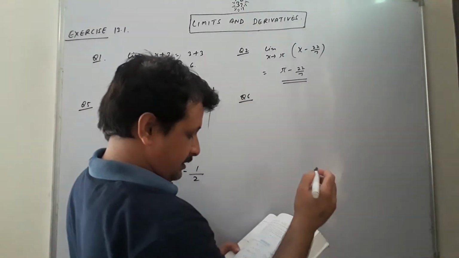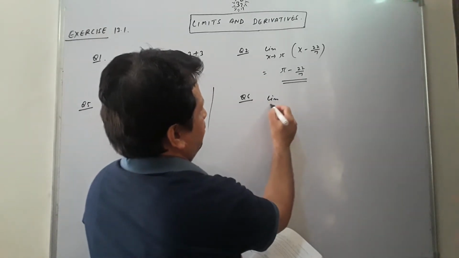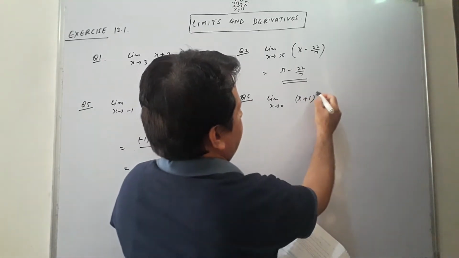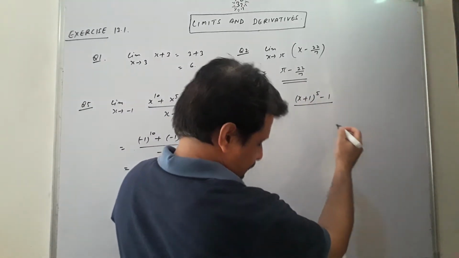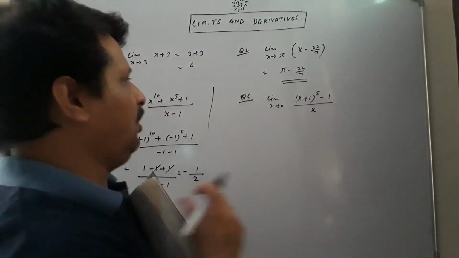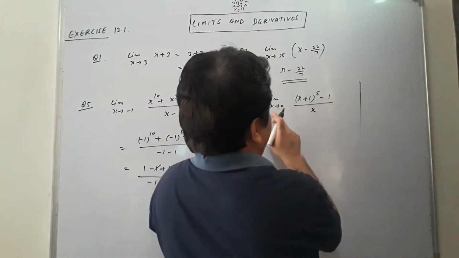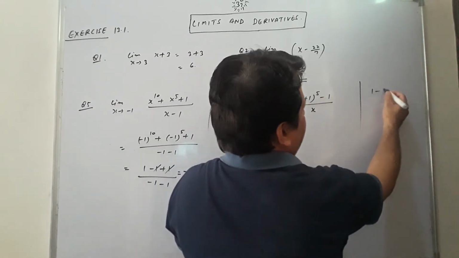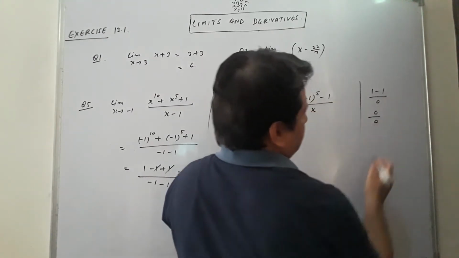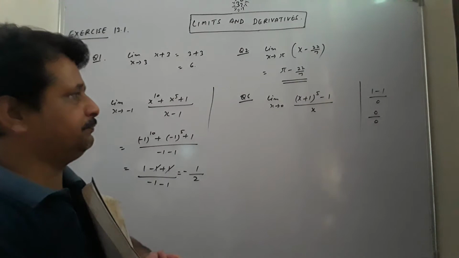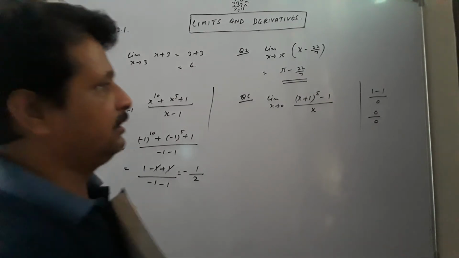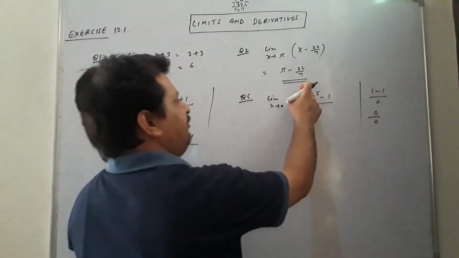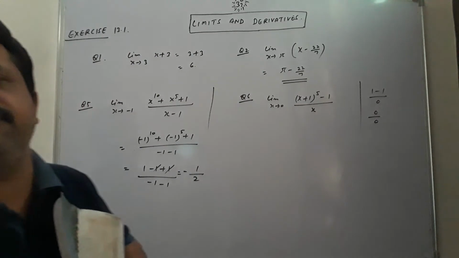Here is question number 6, limit x tends to 0, x plus 1 to the power 5 minus 1 over x, students. Now the notable point is, if I put x as 0 here, it will come as 1 to the power 5, that is 1 minus 1 over 0, means this is in the form 0 by 0. I have told you earlier, this is indeterminate form. When this type of form comes, we will simplify the given function first. After that we will put the limit.